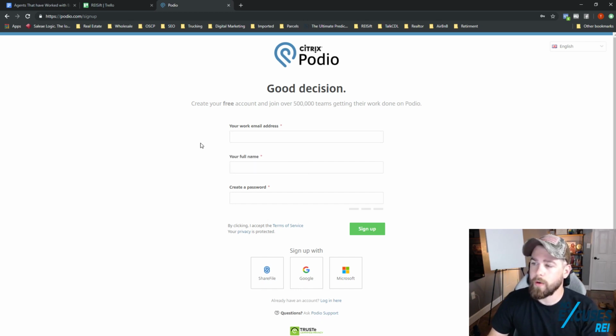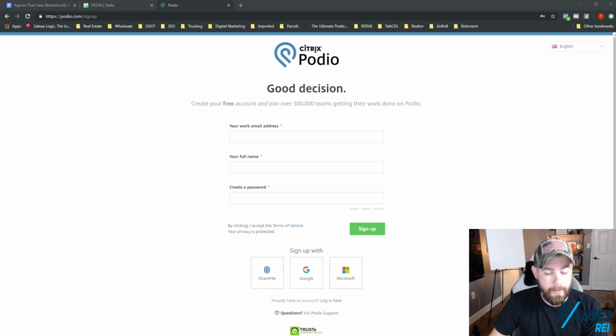All right, so what we're going to do now is simply create an account. You can do a couple different things. You could create it with Google, or with Microsoft. But if you create it with Google, something to remember is that unless you go in there and create a password, you're never going to be able to